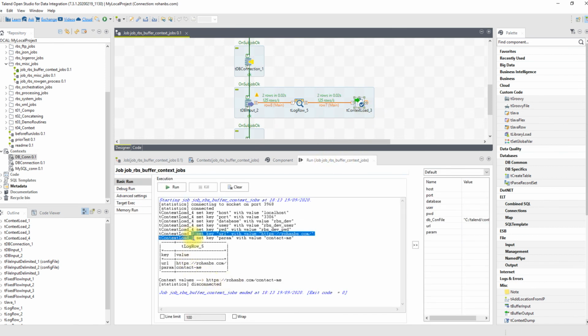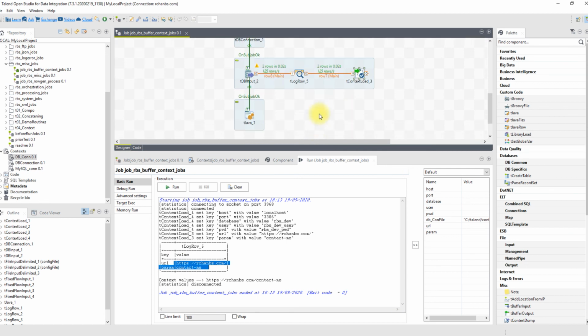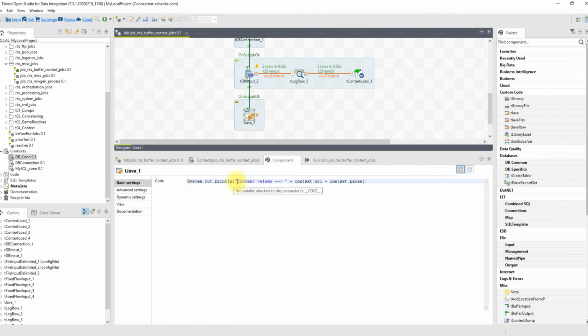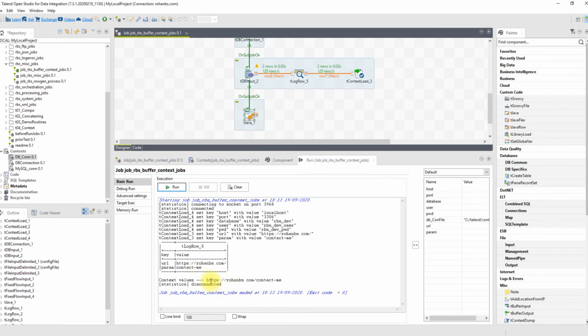I'm reading those URL and parameter values, and this is how it is getting printed in my tJava. So in tJava, I have this context values printing, URL concatenated with param, which is printed here.